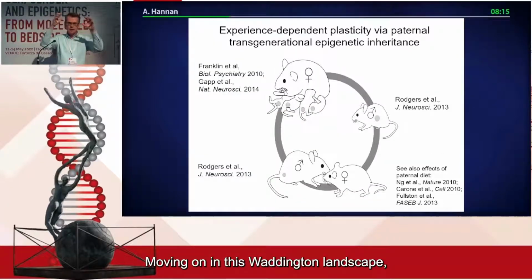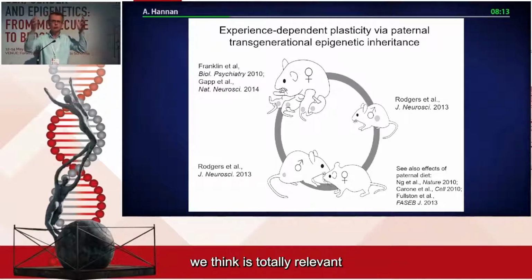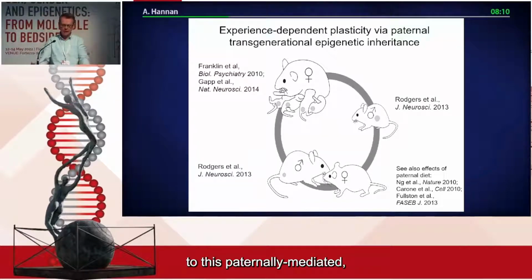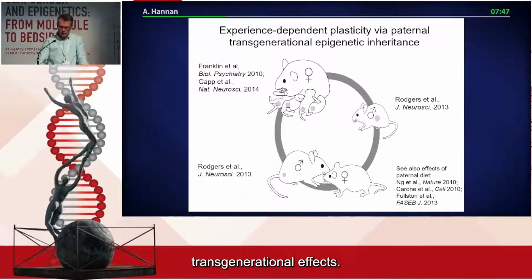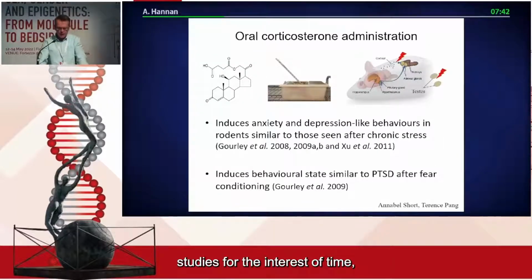Moving on, this Waddington landscape we think is totally relevant to paternally mediated transgenerational epigenetic inheritance. Most of what I'll talk about is intergenerational epigenetic inheritance, but in some of these models, and others have shown, including Isabelle Mansuy in Switzerland, early life stress in male mice can carry through to F3 and F4. At least early life stress may have very long-term transgenerational effects. I won't dwell on these prior studies in the interest of time, but will focus on our work, which took this